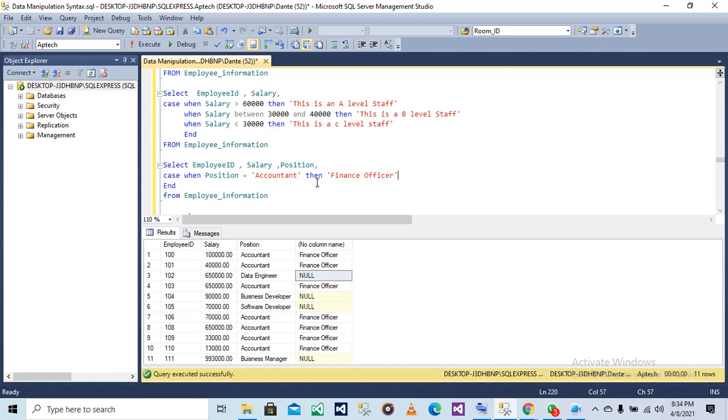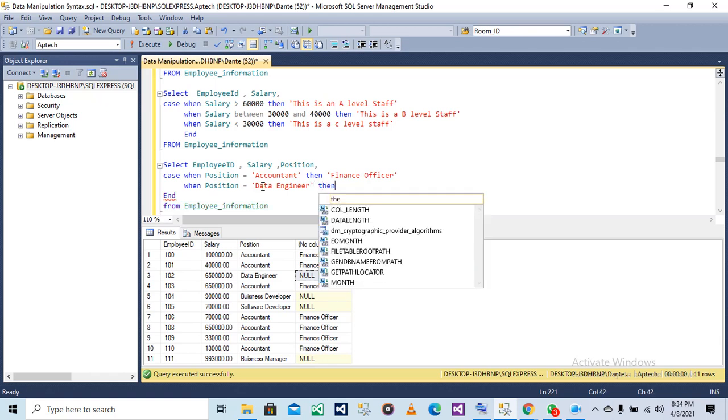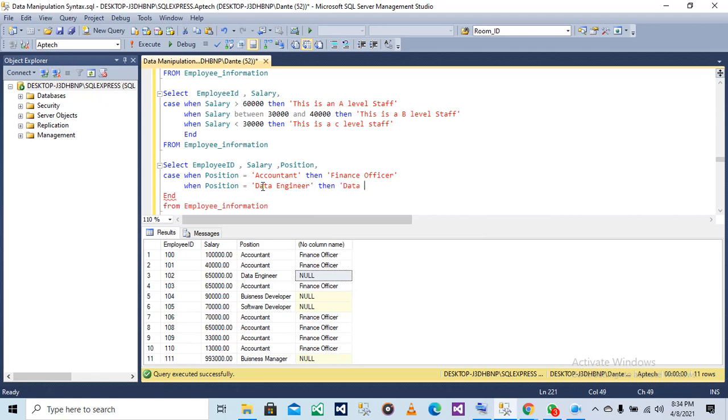Let me give data engineer a case. So when it is data engineer, you should have data administrator as the result.